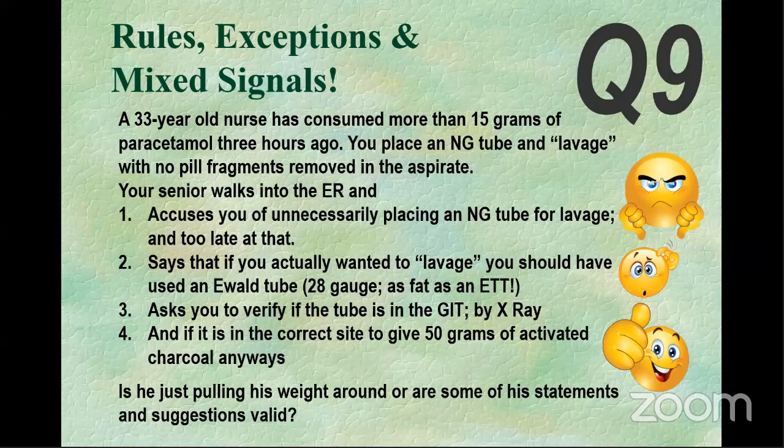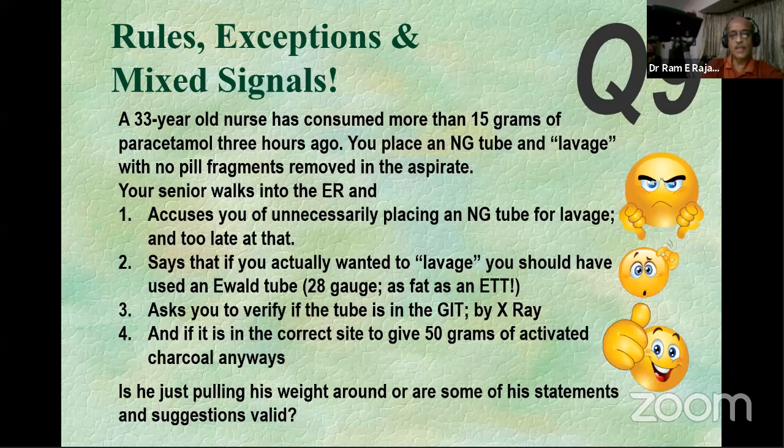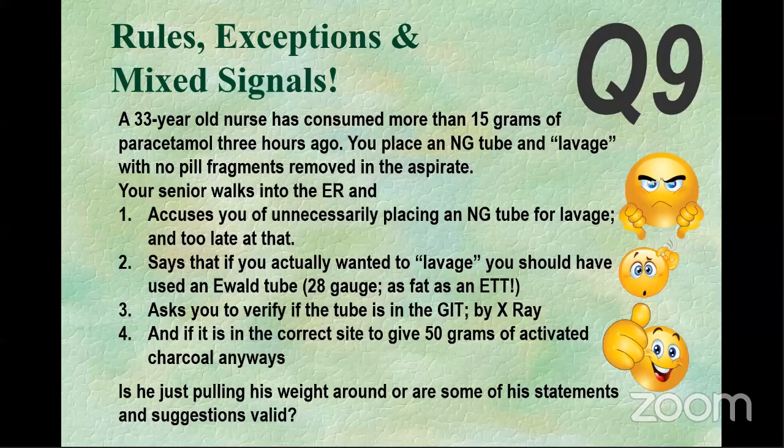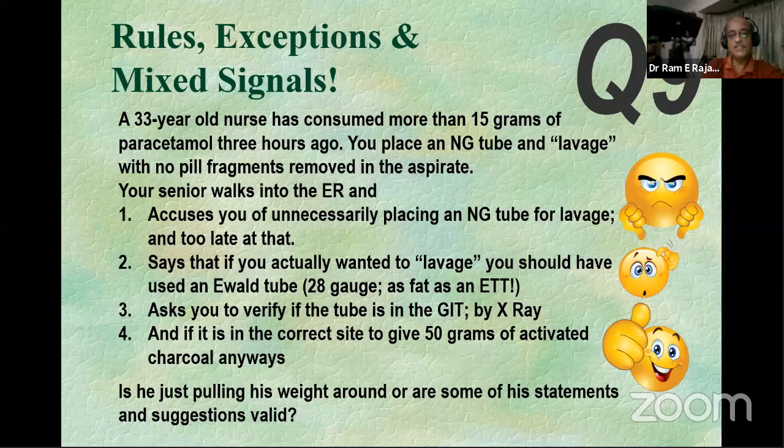No, sir. I've never. No, sir. Even if you put anything, nothing is going to come out through that. The usual recommendation for a gastric lavage, if you're going to do it early enough, is that you need a very big tube. The Ewald tubes are the best way to get it out, but they potentially have their own adverse effects. So that is also a correct statement. The first two statements are correct.